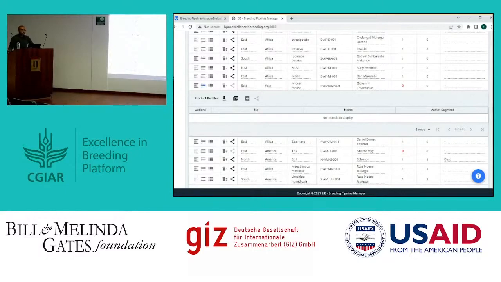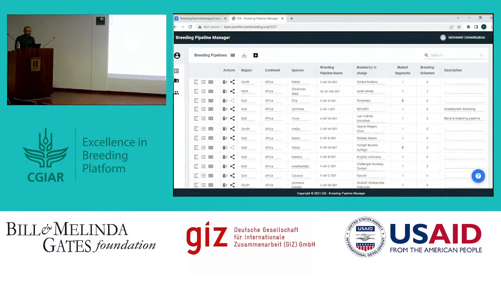Question, because with Megathyrsus, the product is almost the same. It's just the region that is different. But I have different trait-specific sets. So would that go into the market segment or the target product profile? The different traits will go in a different product profile, right? But basically, I think they probably also map to a different market segment, isn't it? Because, well, the region and also is not,